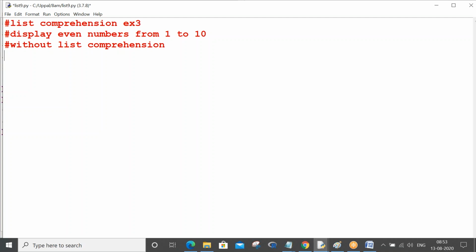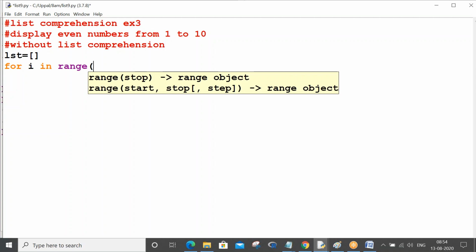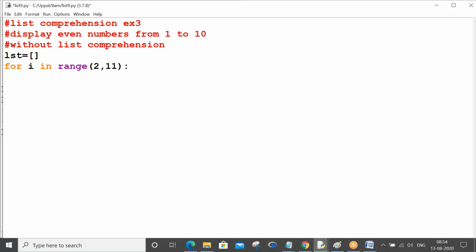So take an empty list and try to build this list. How? For i in range of, we are trying to print even numbers, so 1 you can exclude. Till 10, so you have to put 11.